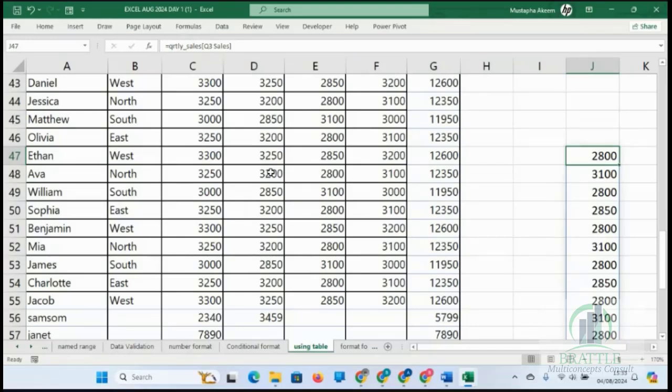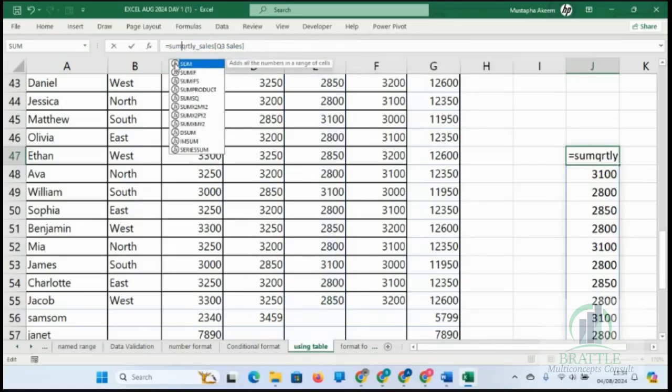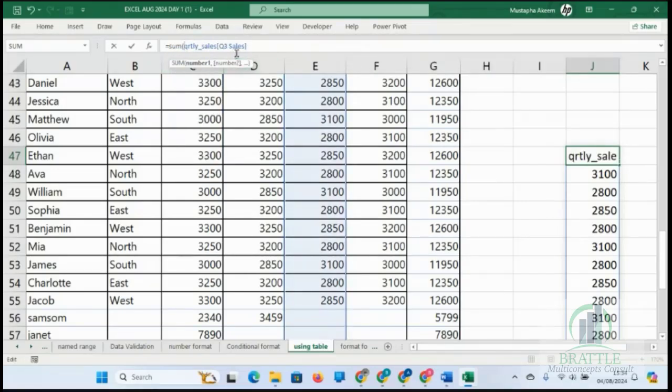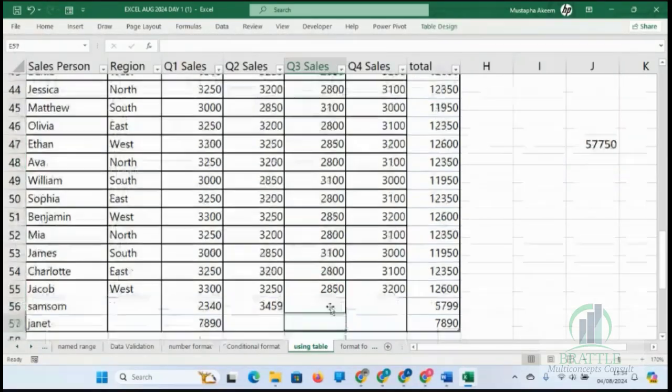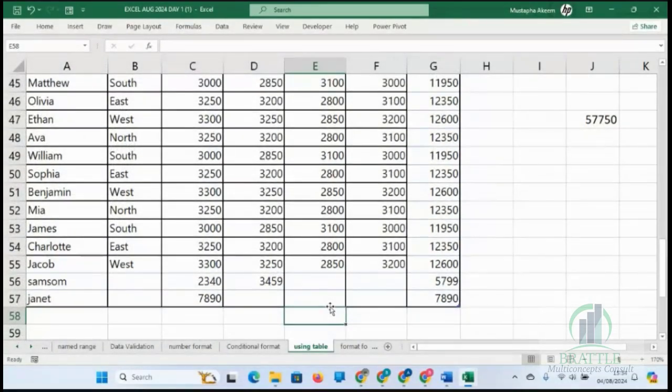If you want to sum it, put sum in front: equals to sum, open the bracket, close the bracket, enter. That's the sum of what? Column 3 cells. If I add anything to column 3, it will always add it together.